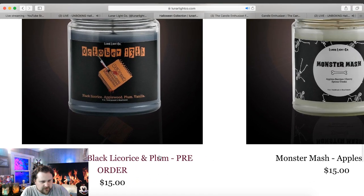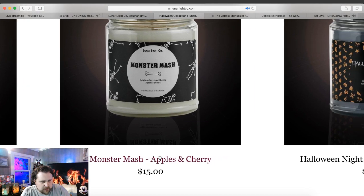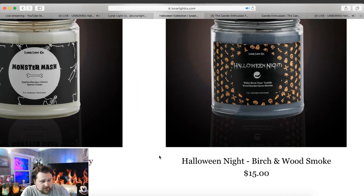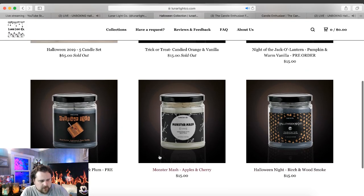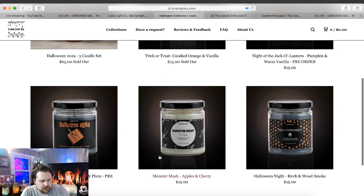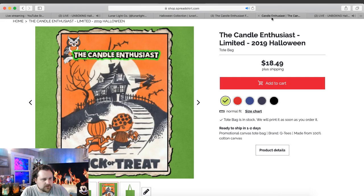October 13th, pre-order, and Monster Mash still available. That was a great candle. And then Halloween night is still available. So you can go right now and get those candles on the website Lunar Light CO, short for company.com, lunarlightco.com, and make sure you can also check out their